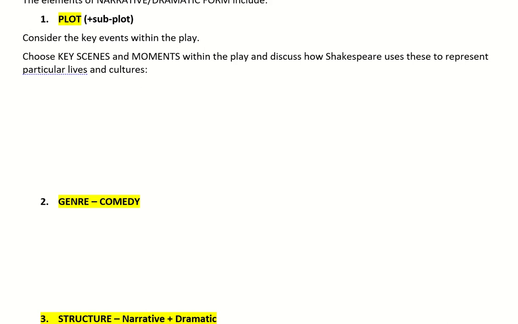You've got subplots. The subplot is not the dominant events, they are the underlying events. You've got, for example, the subplot of the deception of young Jessica as she runs off with her lover, Lorenzo. So again, this idea of a daughter abandoning her family expectations and running away to pursue romantic love. That is a key event within the subplot of this story, and Shakespeare's bouncing some of his main plot off some of the aspects of the subplot, deception.